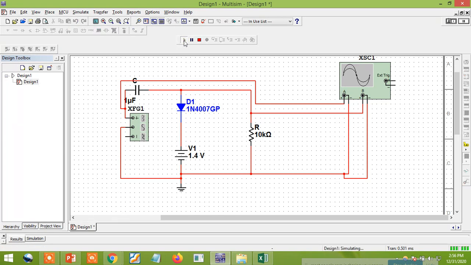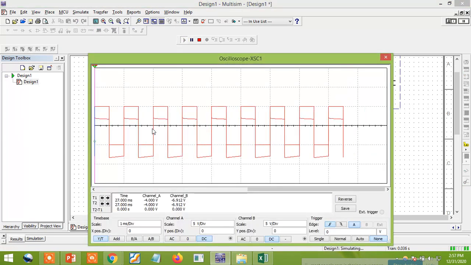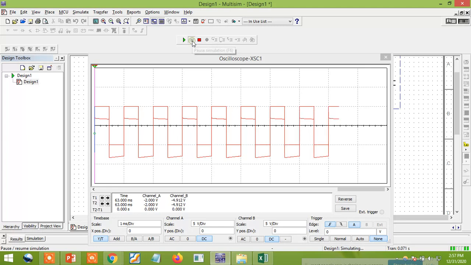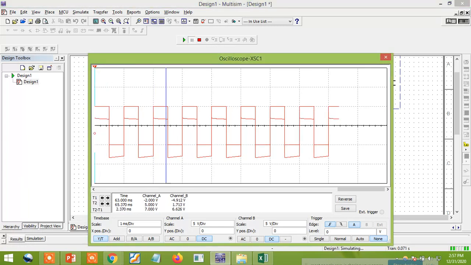So run and click on this output waveform. You can see that negatively it will be clamping. Just stop, and the same thing you can do and observe. Plus 5 to minus 5 volts only, the input is changing in values, and you see now minus 5 input waveform. Now you can see plus 5 volts is coming.